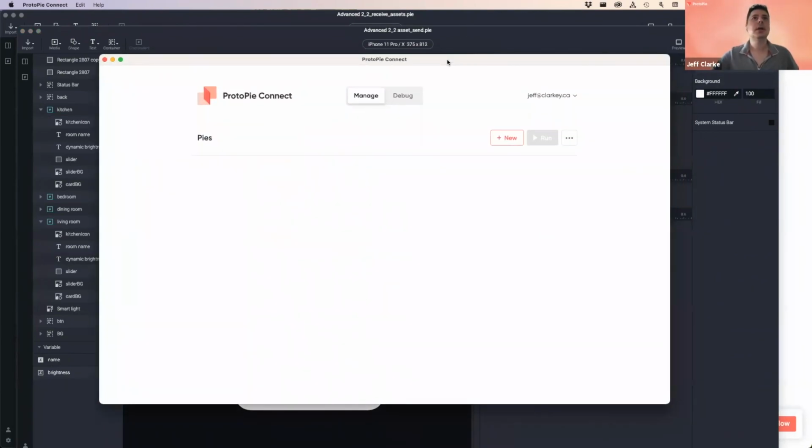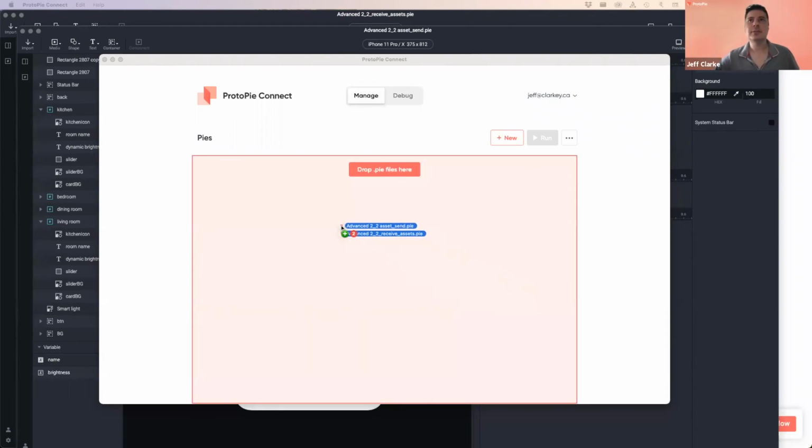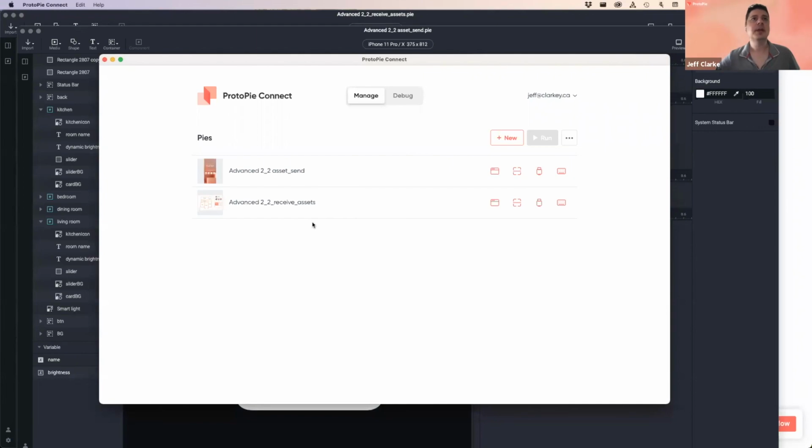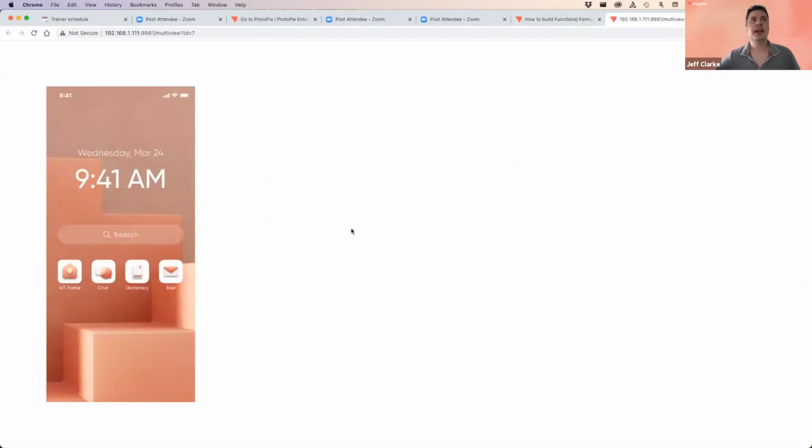Here we go. And I can open multiple Pie files in here, and it doesn't have to be just two. I can open 3, 4, 5, whatever it happens to be. But I'm going to take these two that talk to each other, and you can drag them in from your file system, or you can use the plus button to add them in here. And then what I can do is I can say view all. And this shows me on one screen all of the prototypes that I dragged into Connect. So you can see the phone one has shown up. And we are waiting for the floor plan one to show up, which is,